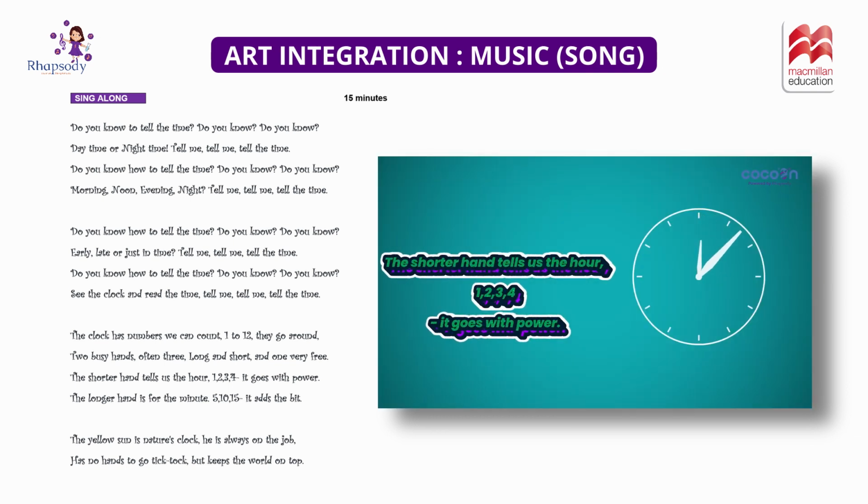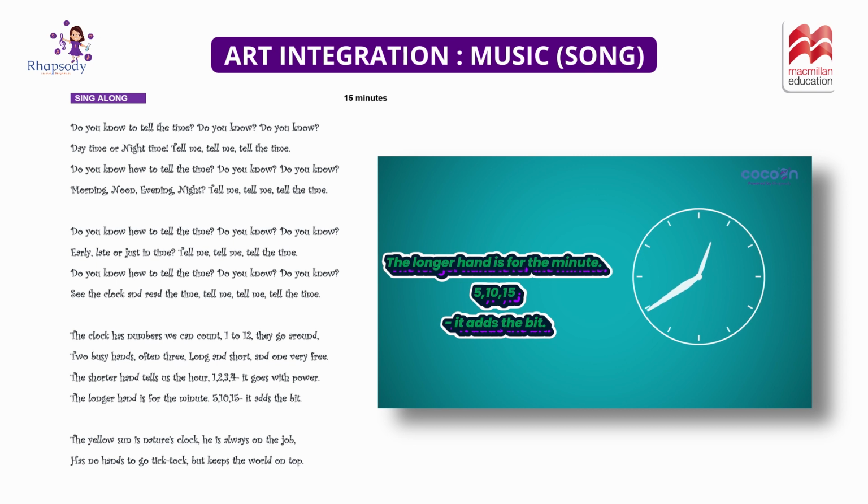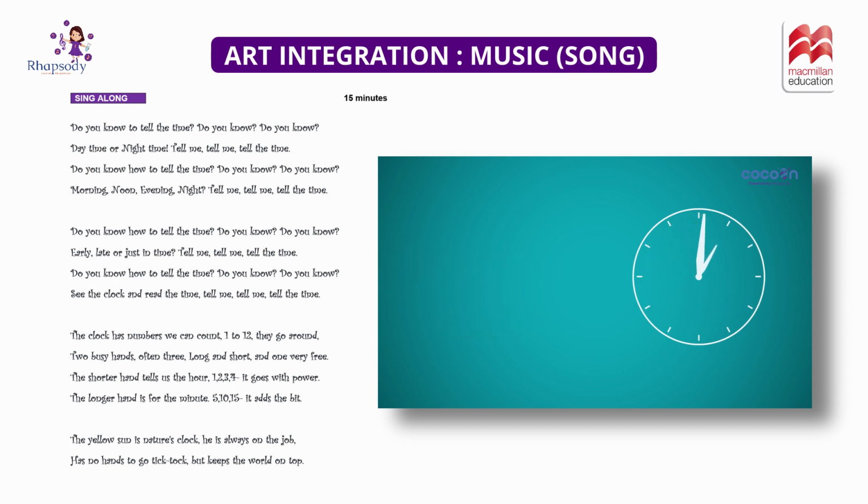The shorter hand tells us the hour. 1, 2, 3, 4, it goes with power. The longer hand is for the minute. 5, 10, 15, it adds the bit. The yellow